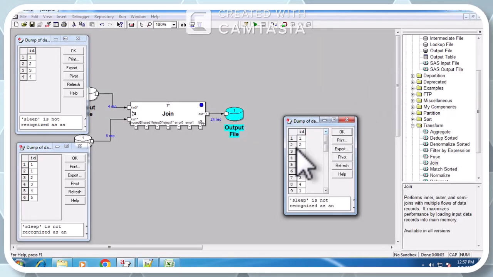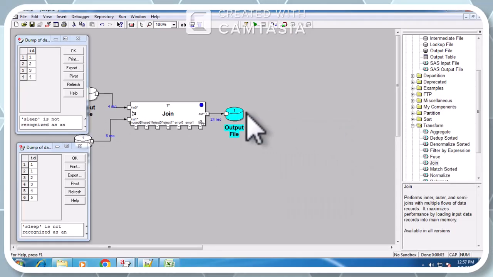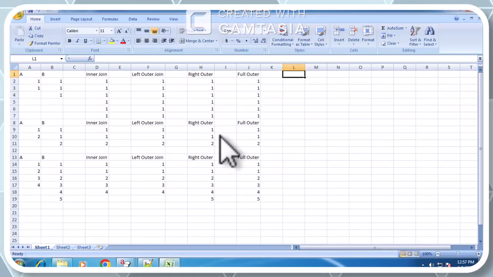What are these 24 records? 1 2 3 4, 1 2 3 4, 1 2 3 4, 1 2 3 4, 1 2 3 4, 1 2 3. Okay, like that you will get 6 times 4, which is 24. It's very simple. Please remember if they are asking if key is null